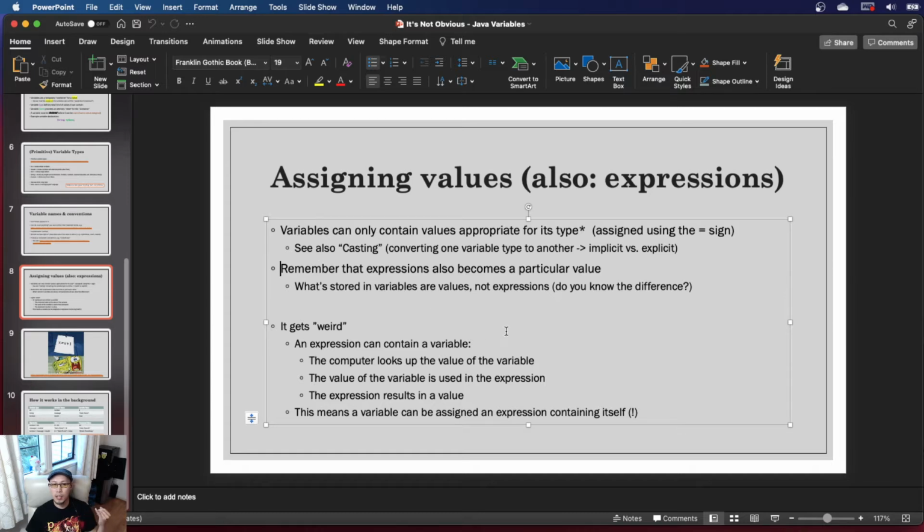An expression can contain a variable. The computer is intended to look up the value of the variable. The value of the variable is used in the expression, and the expression becomes itself some sort of value. This means that a variable can be assigned an expression containing itself, which I have a slight humor type thing in the next slide, which I'll get to after I get